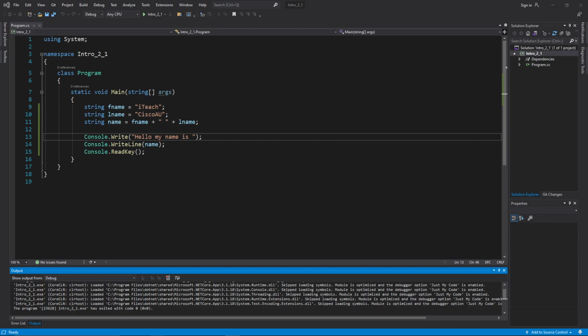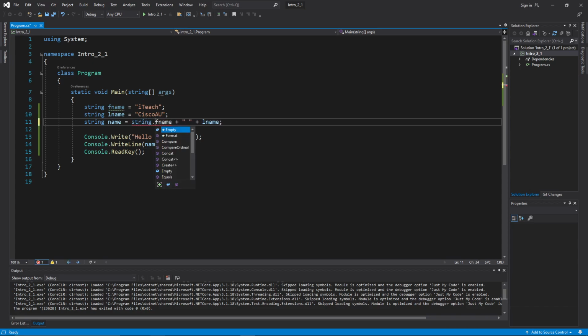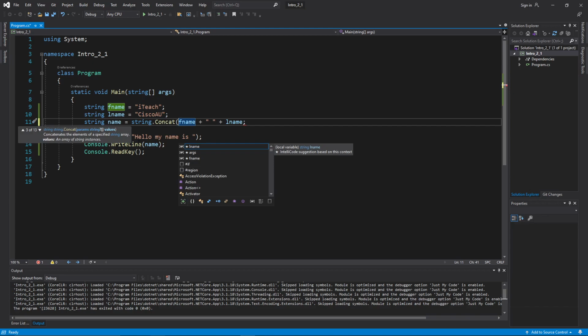Now, there was another way that we talked about this, and that was to, rather than put them in together like this, we used a function, a method called Concat, and then we put the variables together,